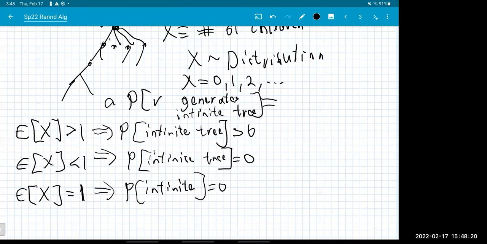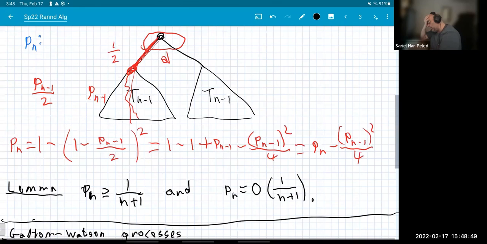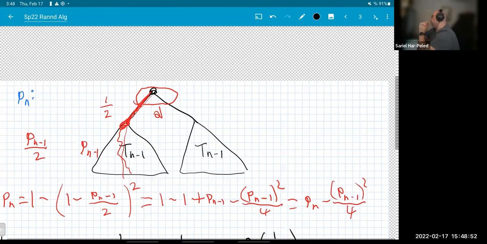So Galton asked the question, Watson answered. Watson essentially gave this answer that I just told you. And this is called Galton-Watson process. And in fact, it's very important because people use it all over the place in analyzing natural biological processes of growth. It's used in natural language processing. And if you think about it, the coloring game that I told you about is yet another Galton-Watson process,